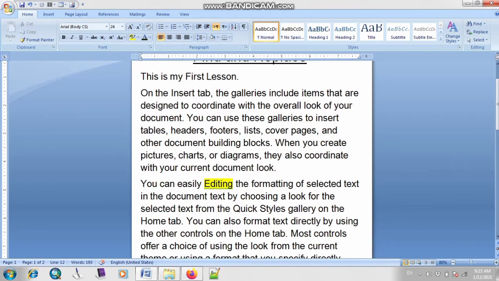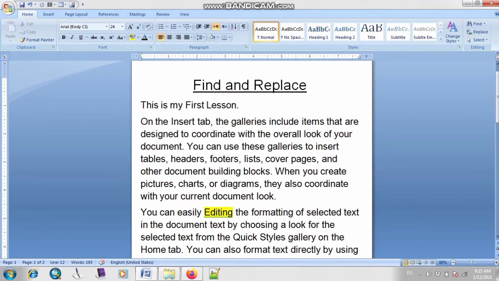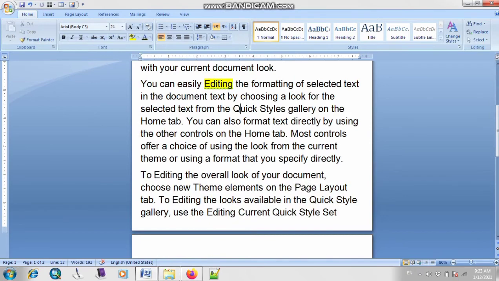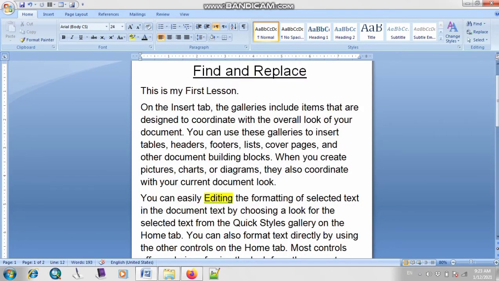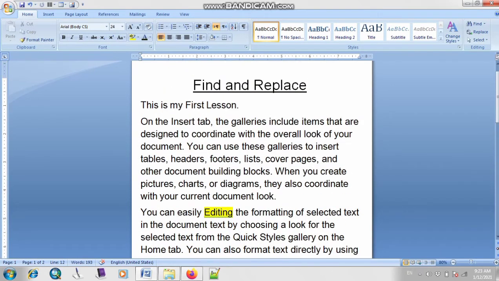So this is not difficult, it is very easy. We will use this option of find and replace, and we will replace any symbol, any word. Whatever you are typing in Microsoft Word, you can change it. Now let's change one more time. Let me change the word items. So let me highlight the word items so that it will be clear to all of you.